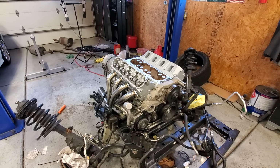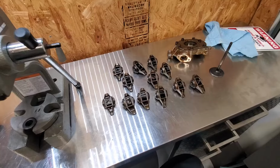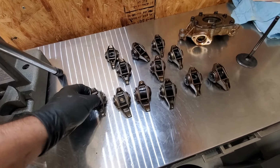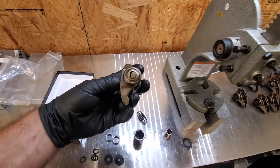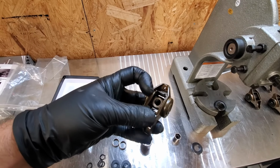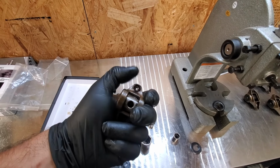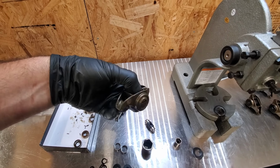And this is something that can happen, especially if you're modifying an LS engine. And that would, of course, be with the rocker arms. So these have already all been modified. Let me show you guys what a stock one looks like. And here she is. So if you see here in the middle, you have this portion that moves, so the bolt goes through the center. You have your push rod that goes on this side, and this contacts the top of the valve. So this is constantly moving like this,